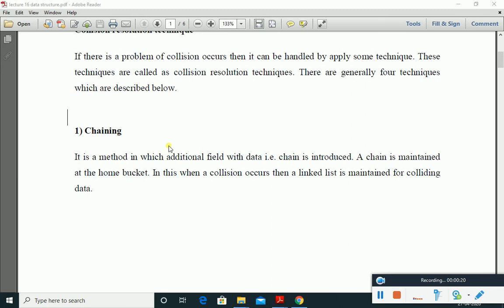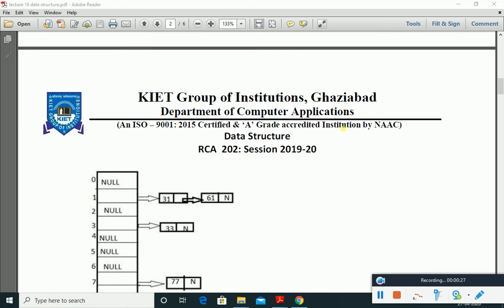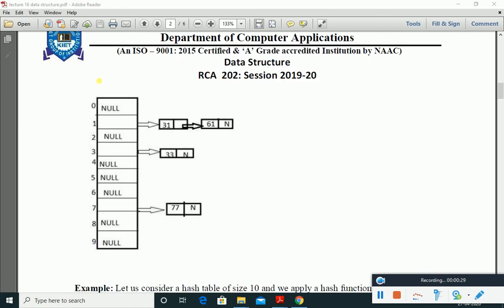The chaining technique is that, based upon the hash value, while you are storing your record, you can make an array of headers of linked lists, and each of the headers may have a separate linked list. And when collision occurs, we will store more than one node in that linked list.